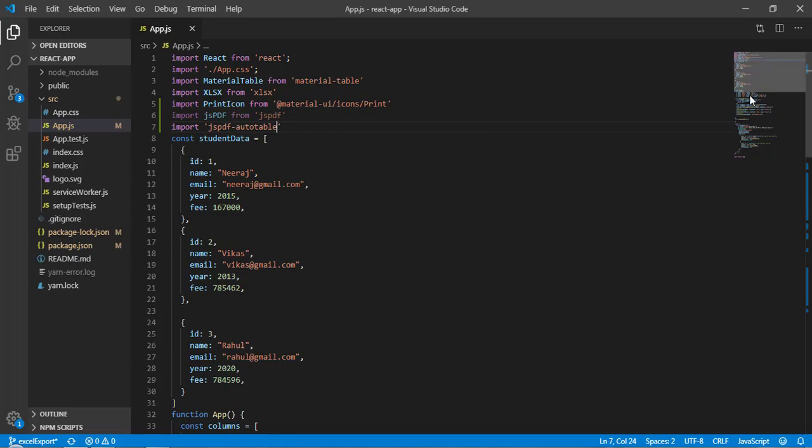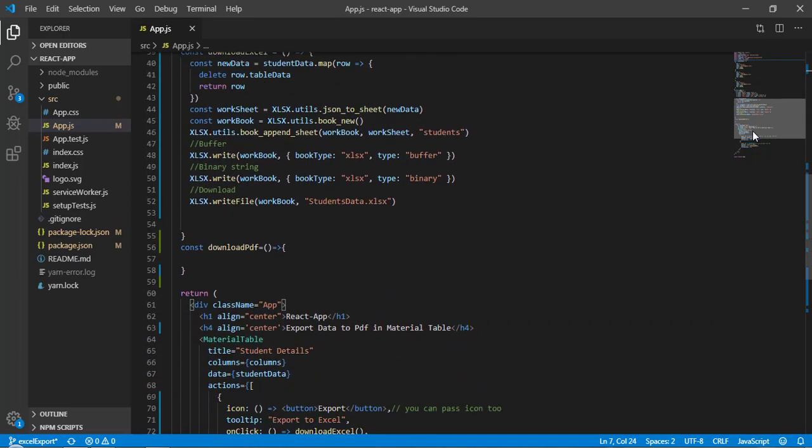Okay, and here let's come to the function, and first of all we have to create an instance. So here const doc equal to new jsPDF. So right now we have the instance here. So now let's print a title on the PDF.